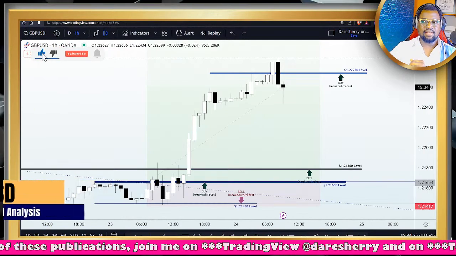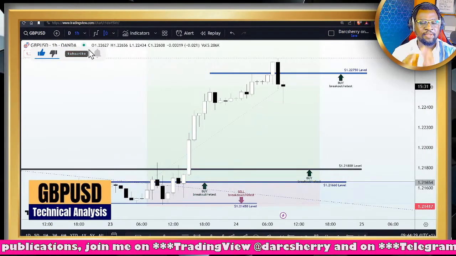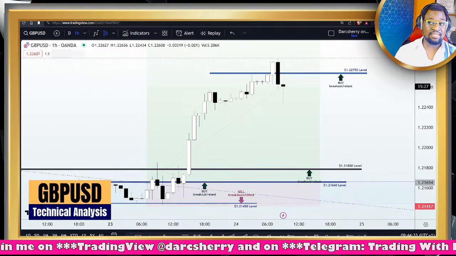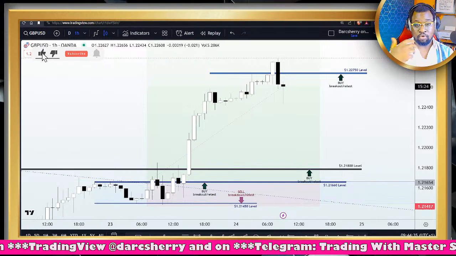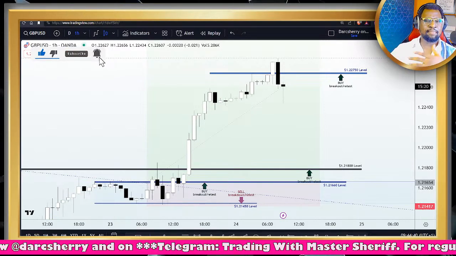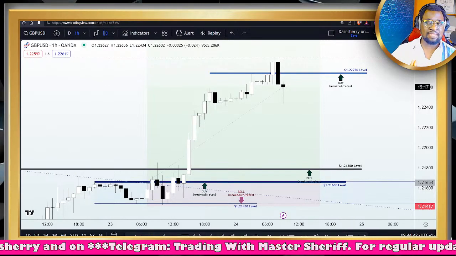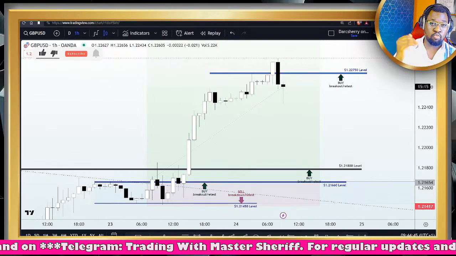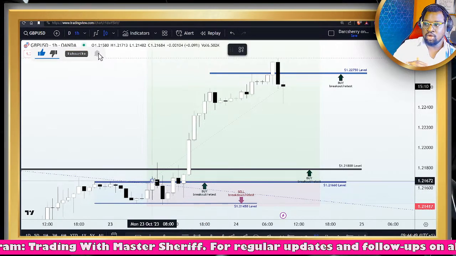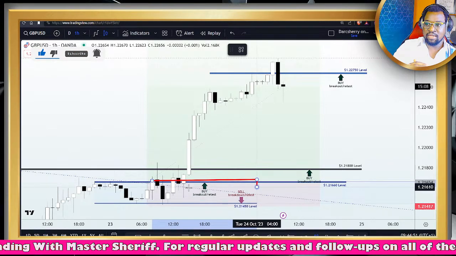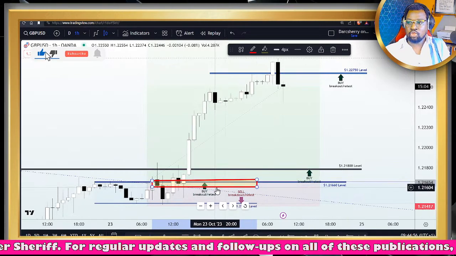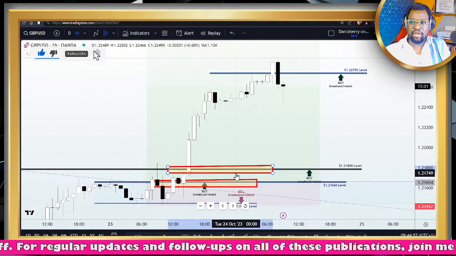So the next asset on our watch list is the GBPUSD, and the GBPUSD at this point in time is going to be considered the most profitable asset on our watch list since the week began, as we were able to scoop in over 200 pips on this asset with two buy positions after the breakout of the 1.21660 level. These were the levels we projected during our live session yesterday, and we also added one more after the breakout of the 1.21800 level.